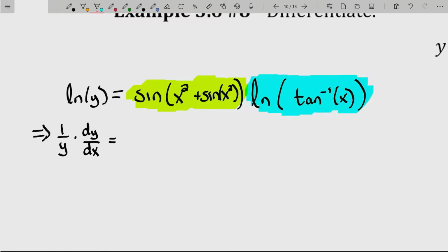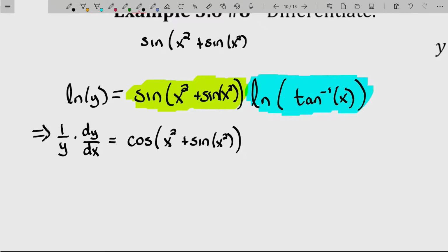So the derivative of the yellow function, derivative of sine is the cosine of its argument. But then you have to hop inside of its argument. Remember, we're dealing with the sine of x squared plus sine of x squared. So we've just taken the derivative of the sine. Now we're hopping inside and we're attaching to that derivative the derivative of this argument right here. So I'm going to use a parenthesis. The derivative of x squared is 2x, then plus,